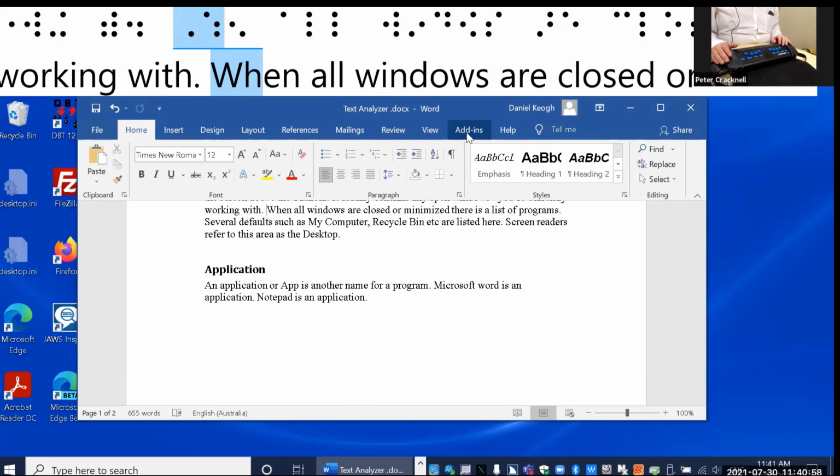All right. Let's have a look at a couple of basic things. Some Braille settings. What would you actually want to do? How would you want to set this thing up when you first get it? To do that, we'll have a look at the JAWS settings. So let me bring up